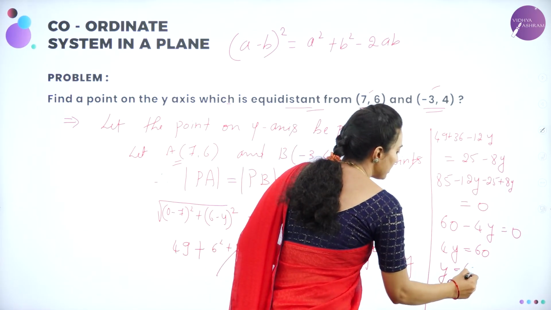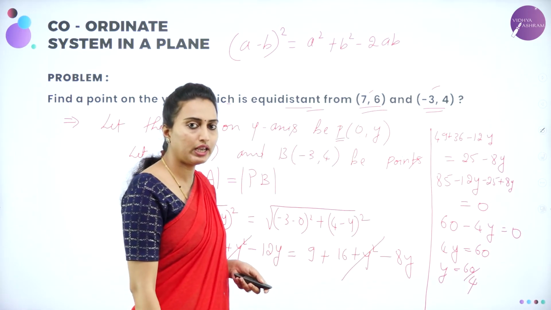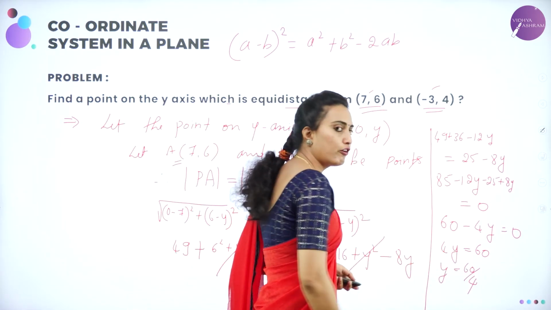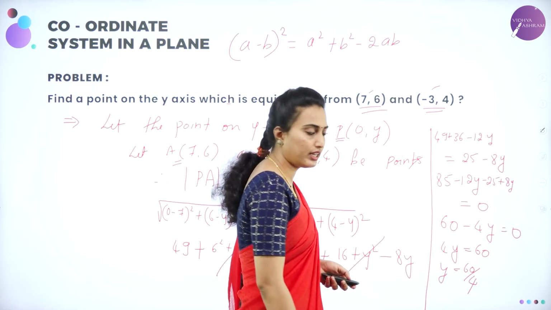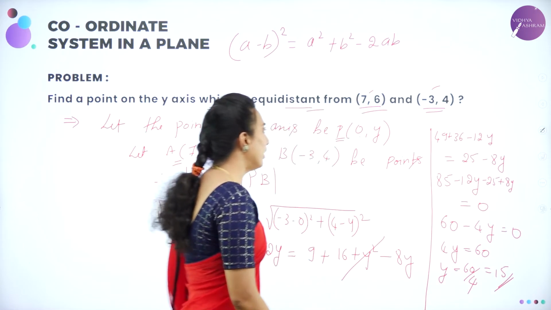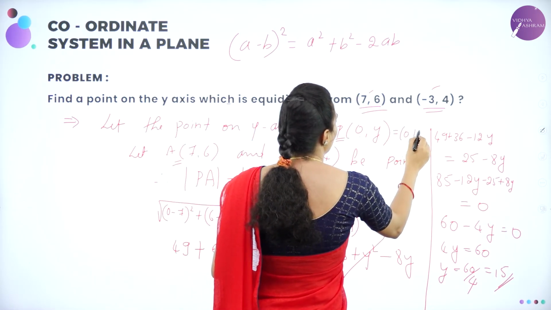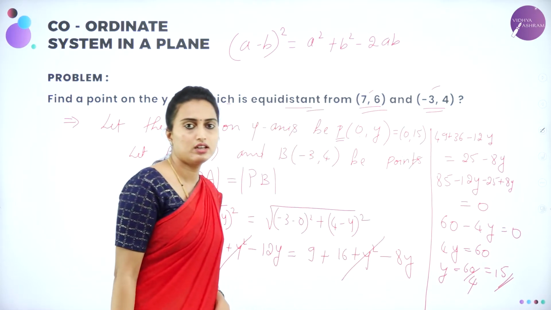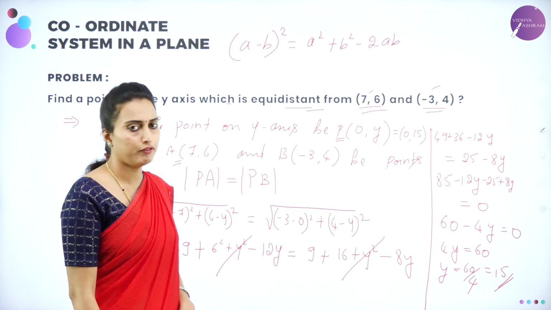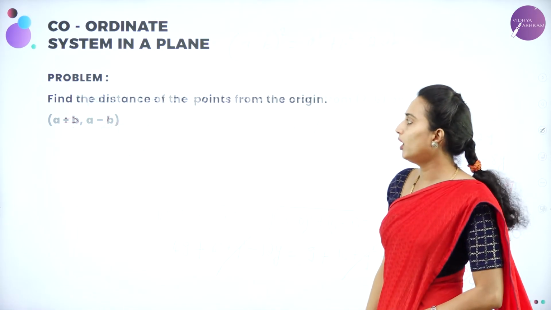You are going to have it as, correct? So therefore, you can have it as 4 ones are 4, 4 5s are 20, correct? So therefore, the answer will be equal to 15. So the y-coordinate will be equal to what? Therefore, which will be equal to (0, 15). That's it. That is the y-coordinate, (0, 15). Understood? Is that easier? We'll move on to the next problem.